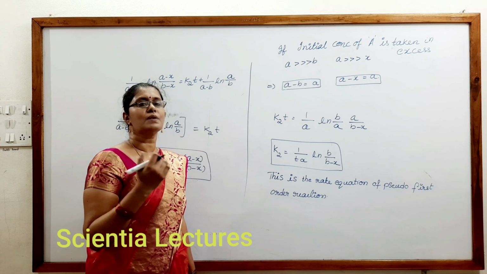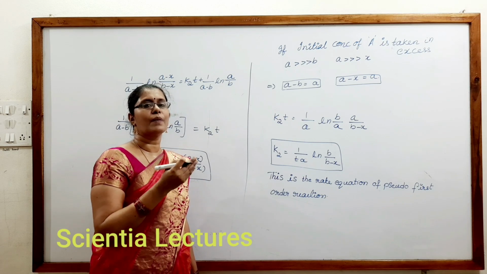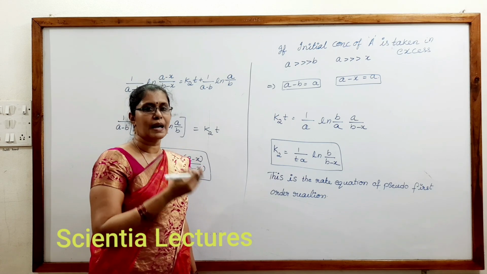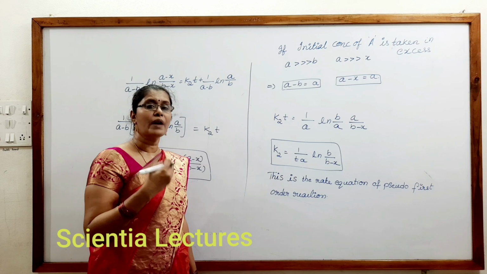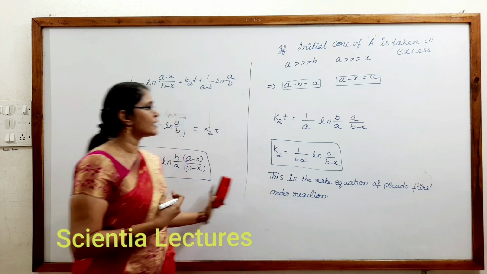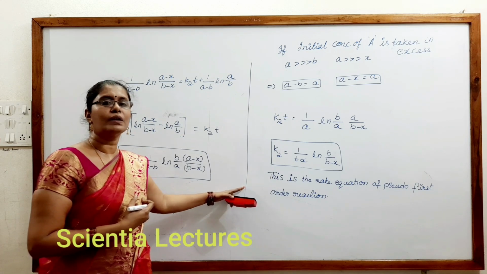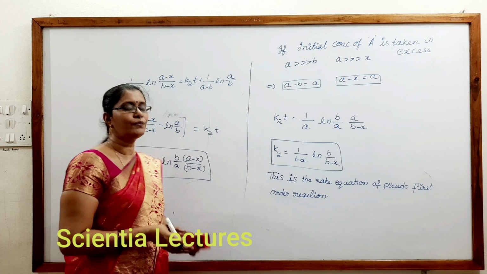And A plus B gives rise to products with the different concentrations. You have to check one by one what is partial fractions, what is capital A, what is capital B, how we have derived it. If you check that slowly and clearly, you will understand this rate equation, and this is very important to understand from the competitive exam point of view.